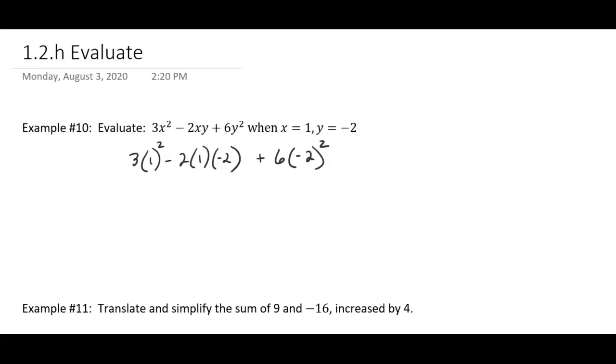Okay, so I'm looking now at my numeric expression. I'm going to do the exponents first. All those parentheses, every set there is indicating multiplication. So 3 times, what's 1 times 1? 1. So 1 squared is 1. Sometimes people get confused on that. Minus, and I won't do the multiplication just yet. I'll wait and do that on the next step. We could do it now. It's not going to affect anything, but we'll just do the exponents here. 6 times, and now you have to think,